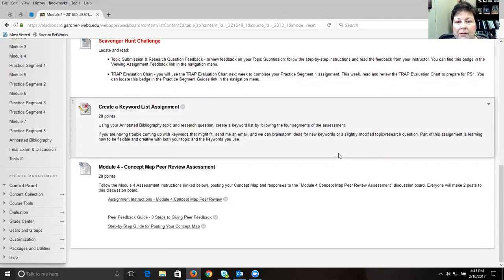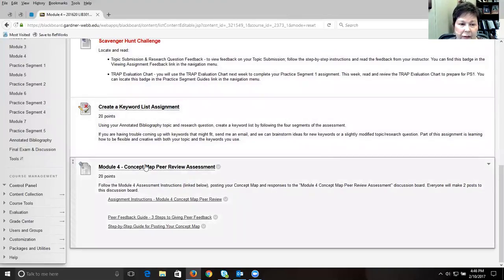And again, these are teaching you skills to use in your other classes. So it's not just for this class. Say you have other projects in other classes. This is the same kind of format that you would use, the same procedure. It will help you. All right, the next thing that is a little tricky is the concept map peer reviewed,